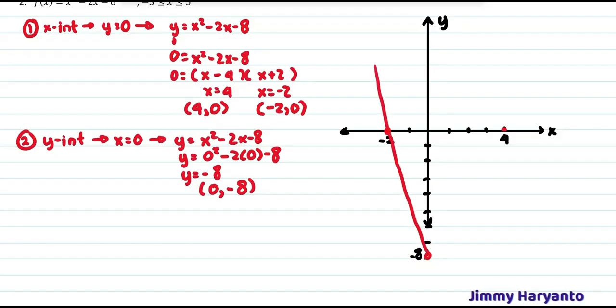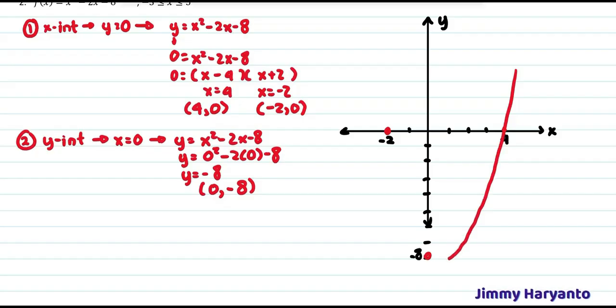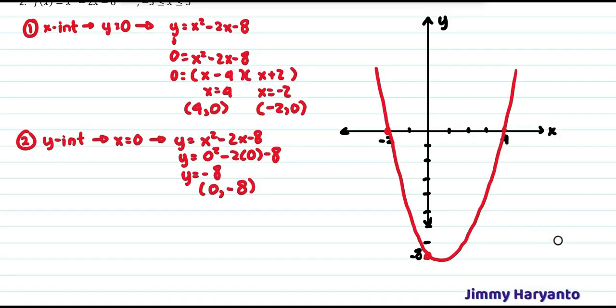It doesn't mean that we have to go back to negative 8. Just draw the parabola perfectly like this. Oh no, my bad. Just like that. Yeah, so it has to be symmetrical. If you draw it like this, it will not be symmetrical. It will be in a bad shape. So it is better like this.